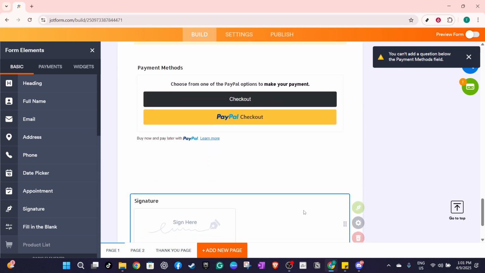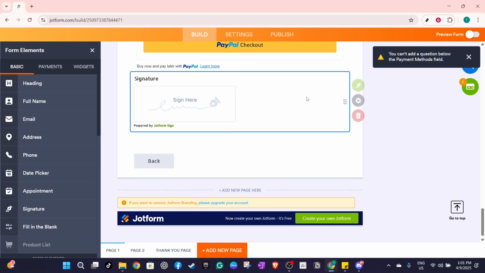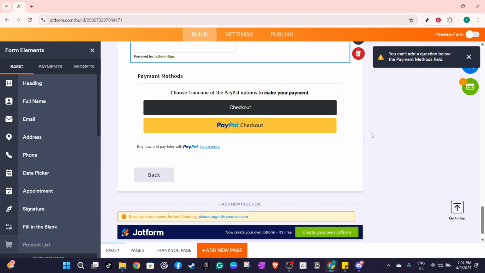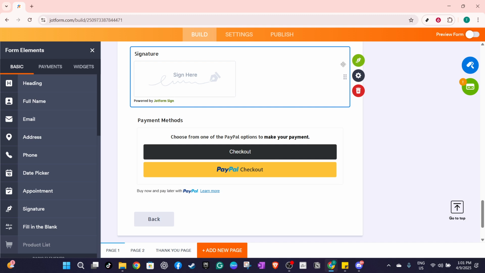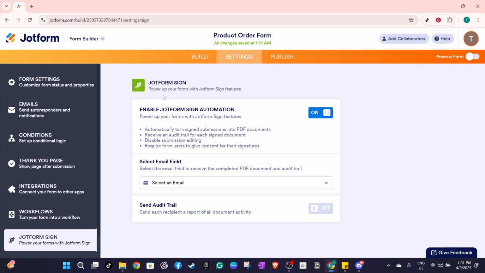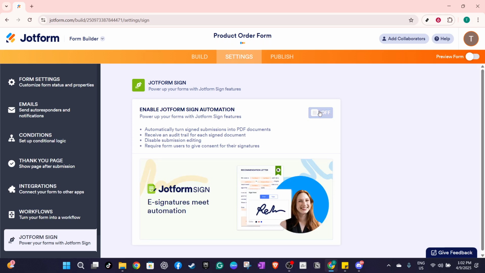Next, after adding the signature widget, locate the pen icon attached to the signature element. Clicking this icon will open the Jotform Sign settings, which gives you control over the signature functionalities. Once you're in the settings, make sure to enable Jotform Sign Automation. This setting is vital as it automates the capturing and storage of signatures, ensuring every signed form is neatly processed